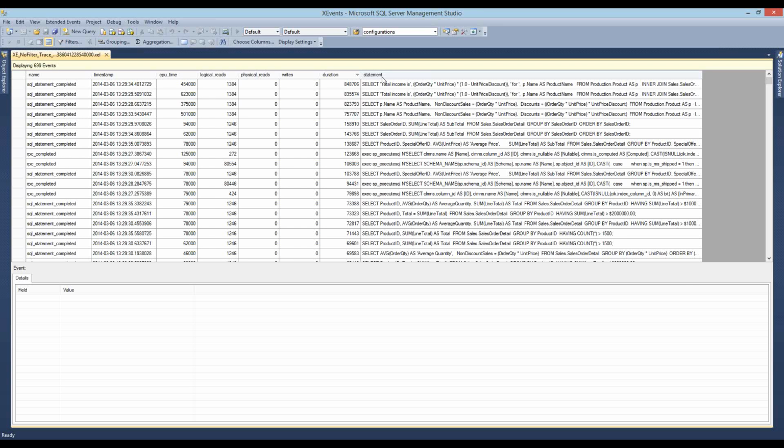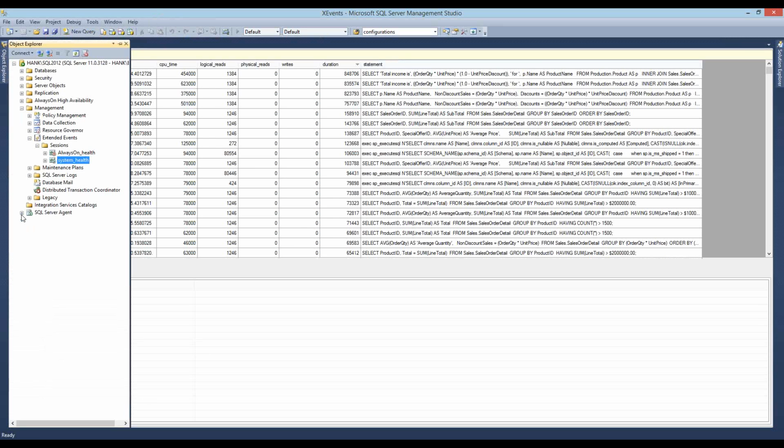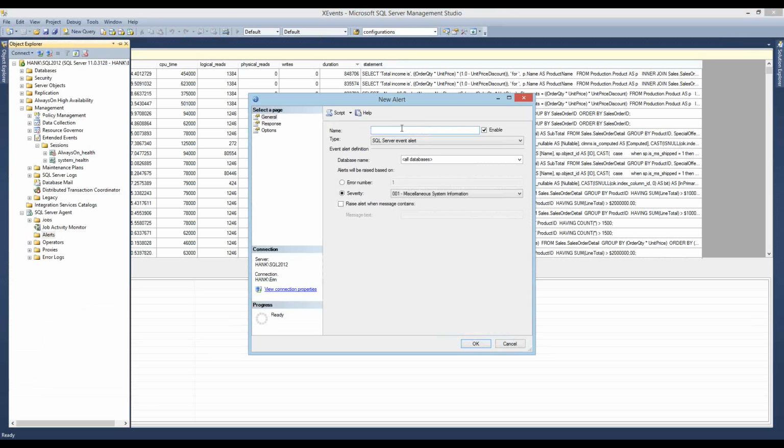One more question here. They were wondering how to create a script that would be triggered automatically when the machine they're running hits 75% CPU utilization. Ooh, that's a good one. I think you can do that through an alert, an event alert.